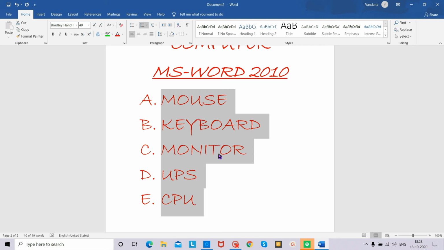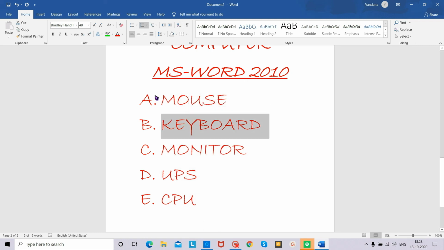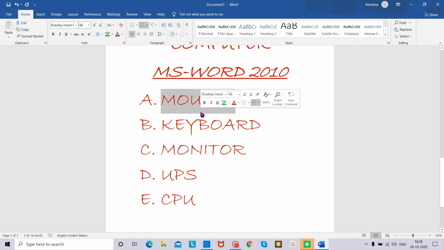Next thing, we are changing line spacing. Changing line spacing is the space given between two lines. Suppose these two lines have this much of space, and I want to make a little bit more space between two lines. So what I will be doing,